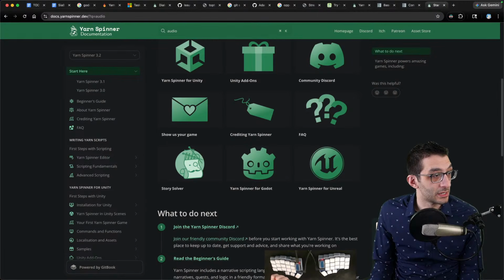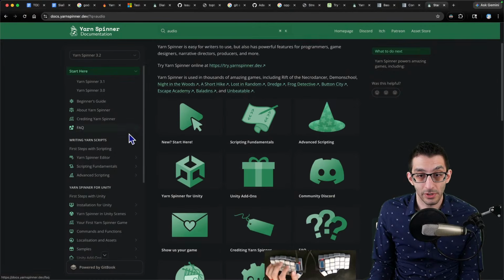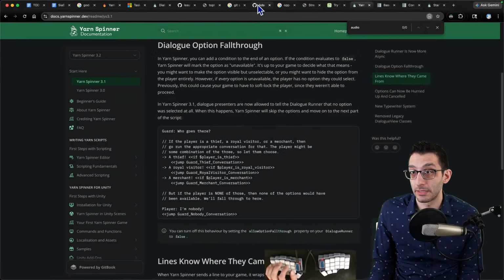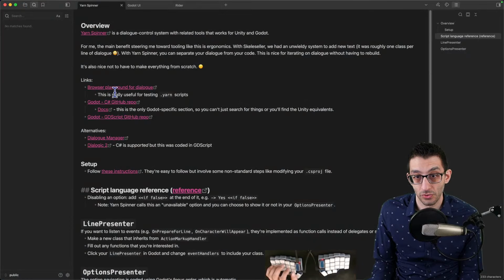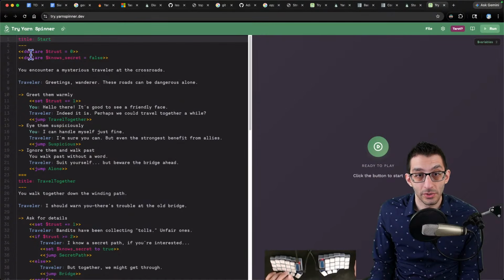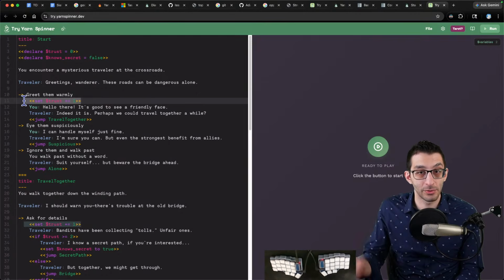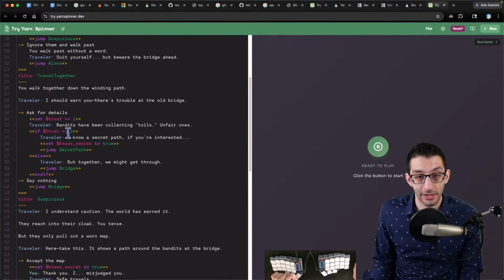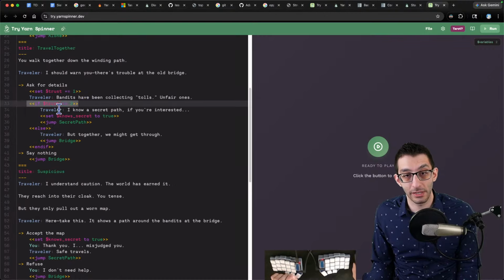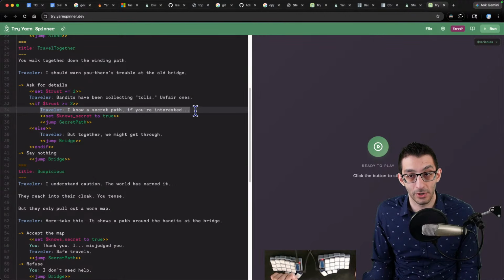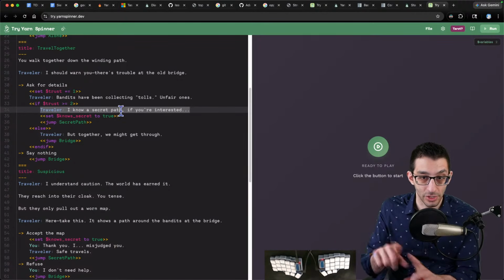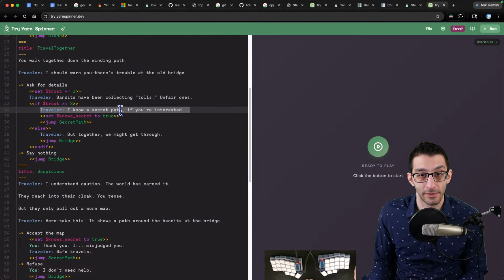But yeah. You have to store some value through the dialogue. It's not the better way to do it. Genuine question. I'm a noob dev. So this Yarn Spinner thing has a way to store values right in those yarn files. Like if you look at this. So see how we have this declare trust equals 0? Now when you greet them warmly, your trust with them goes up. So we've incremented a value within the dialogue file. And then down here, we can check to see, oh, if your trust is a great enough value. Oh, I know a secret path if you're interested. And now you can change where you're going in your game based on some variable you set in your dialogue